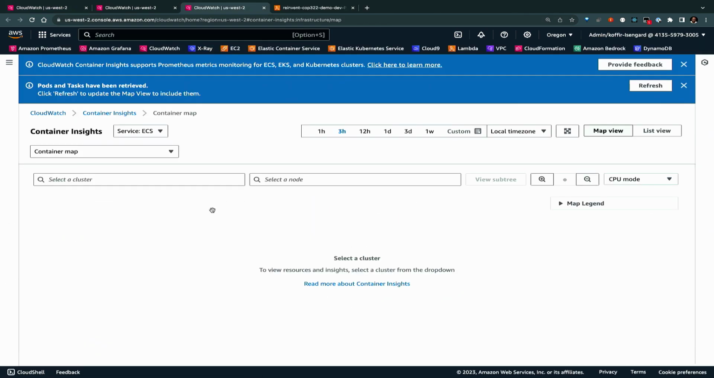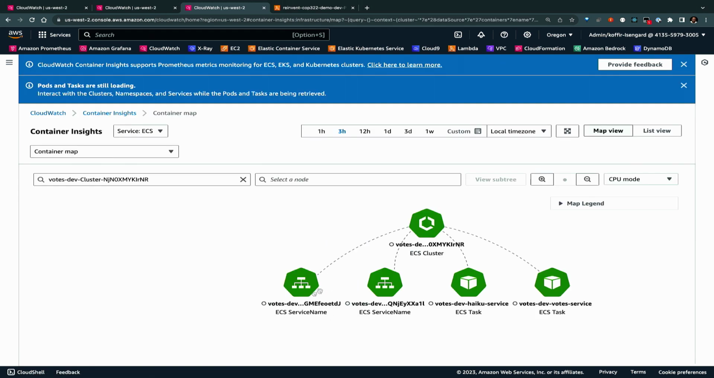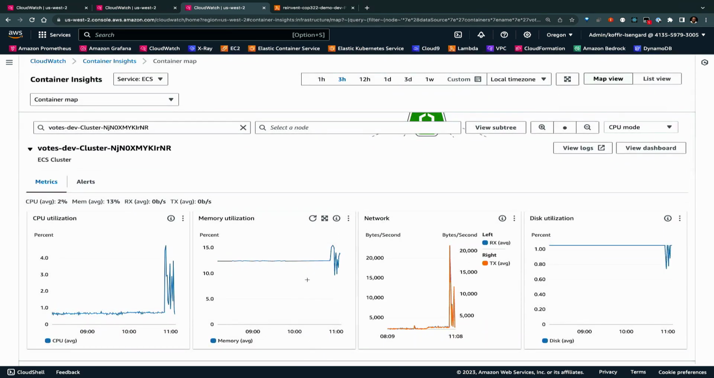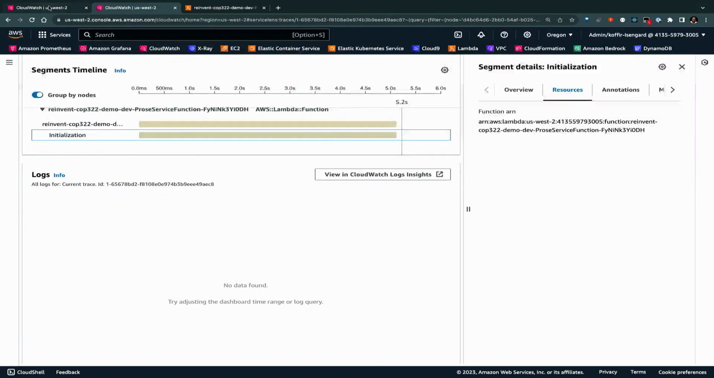So this is ECS Container Insights. I can select a cluster, and then you will see all the services that are running. If you click into it, you have metrics on CPU, memory, and network. And to enable that, this is just an API switch to have that visibility into ECS Container Insights. All right, so let me go back to